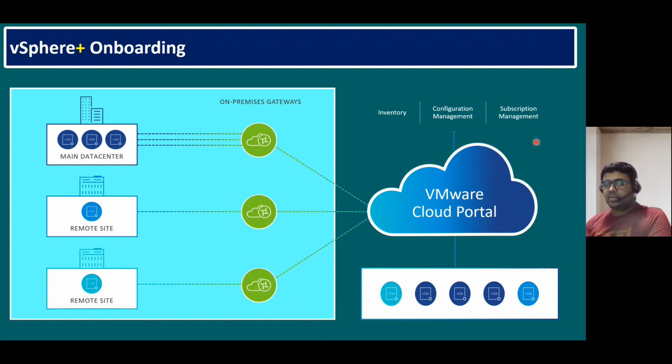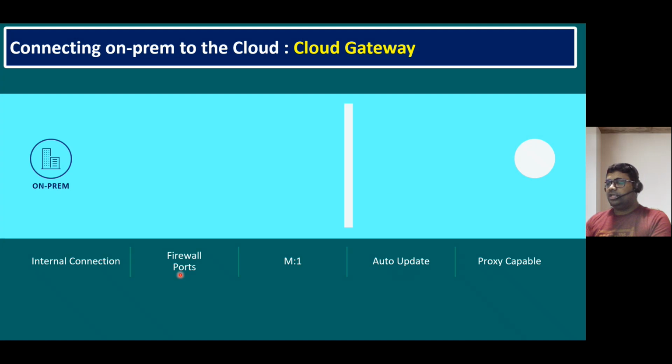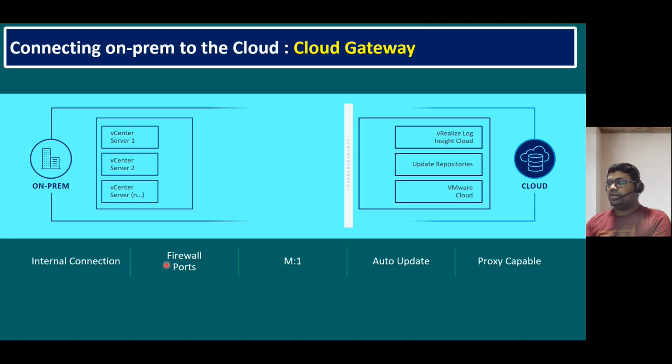Okay, now let's talk about another point: how do we connect from on-prem to cloud. Just now we talked about on-prem to cloud, we require a cloud gateway appliance. But still, to connect from on-prem to the cloud gateway, it also requires opening some firewall ports between on-premises and the public cloud. That ports information we can observe now. Let's say we require internal connection firewall ports. Suppose if I see here,